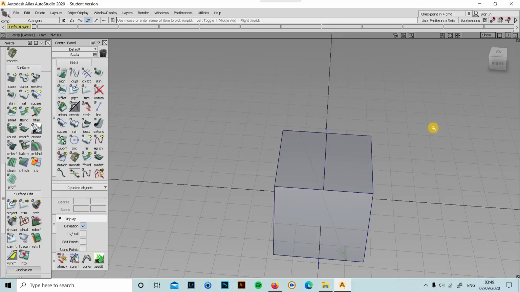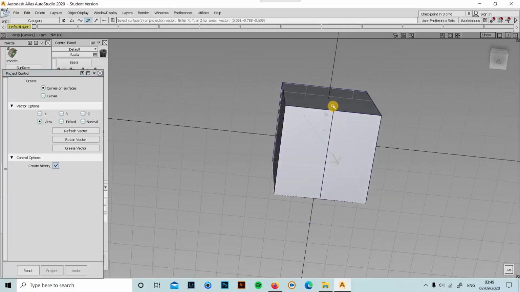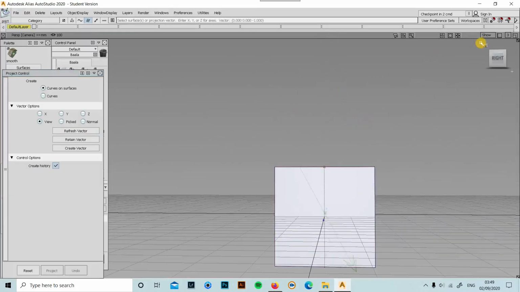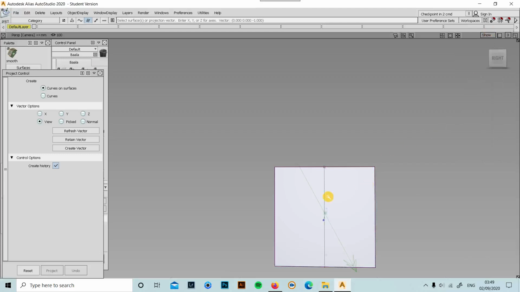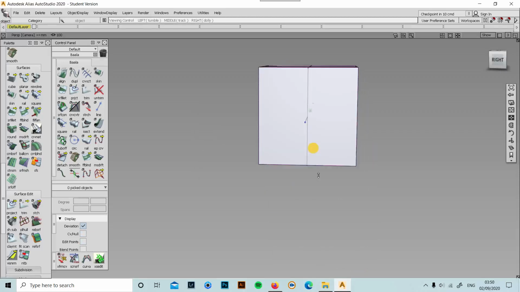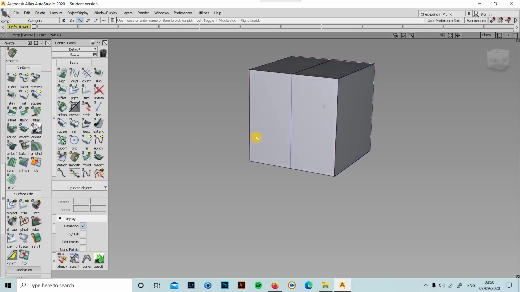and I will project this surface as well as this surface on top, and this line. Okay, now it's divided into half. You could see a green light, right? Not this arrow, this is nothing but the object one. So you can see the green arrow, right? I'll delete this curve. Okay, now you see the blue one.